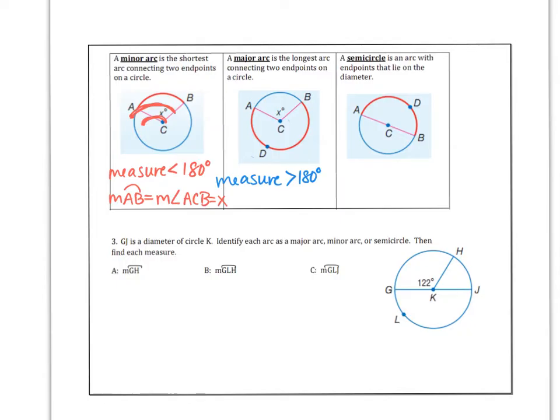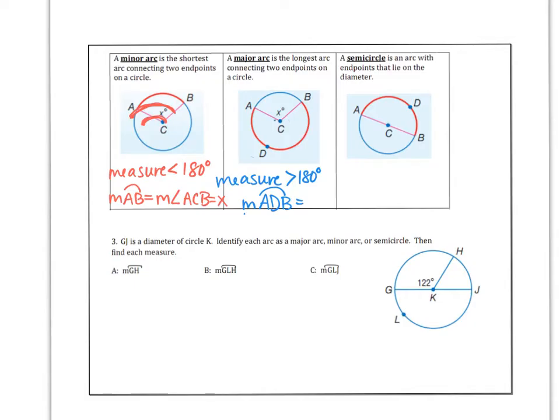And when you name a major arc, you're going to need to use 3 letters, because if I call it arc AB, that means go the shortest distance from A to B. So if I want to go around the bottom of this circle where the red arc is, I would say the measure of arc ADB, and I would put that arc above it. So M means measure, so measure of arc ADB, that is going to be equal to